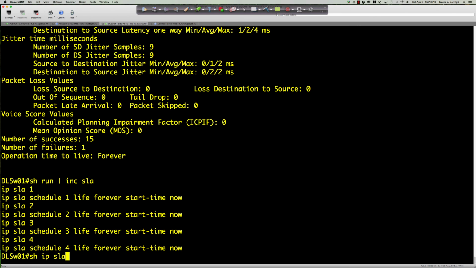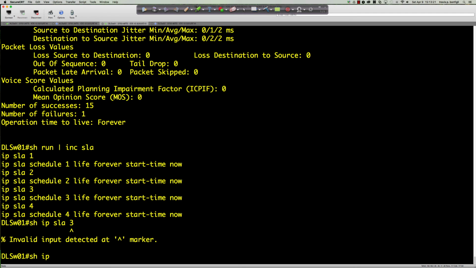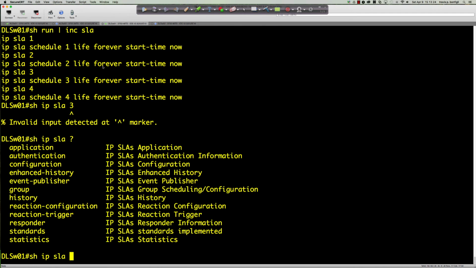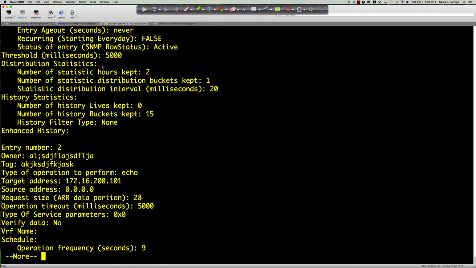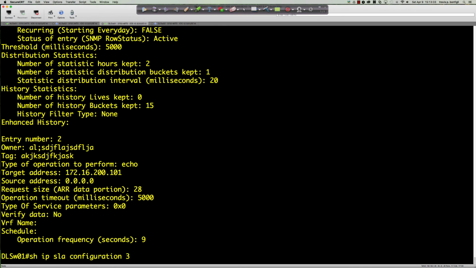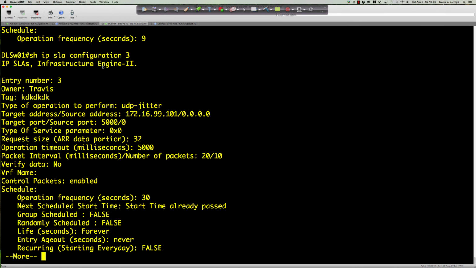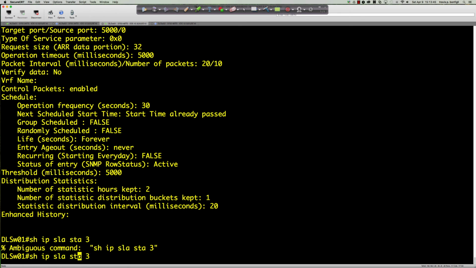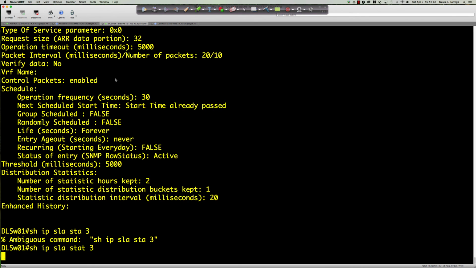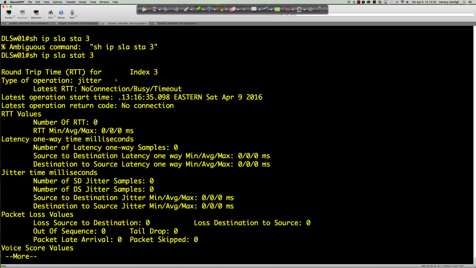Show IP SLA, and we want to see configuration for 3, sorry. Configuration for 3, and it should show every 30 seconds. So it's possible that show IP SLA statistics 3, it's possible I hit it too early. Whoops. There we go. Yeah, I think I just came in too quick, and it was still actually up